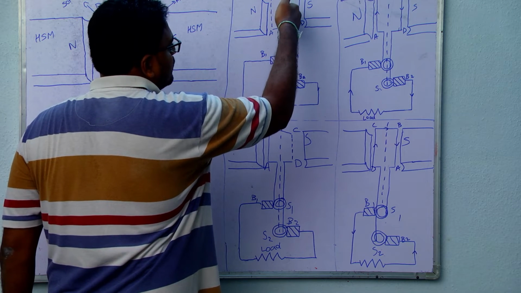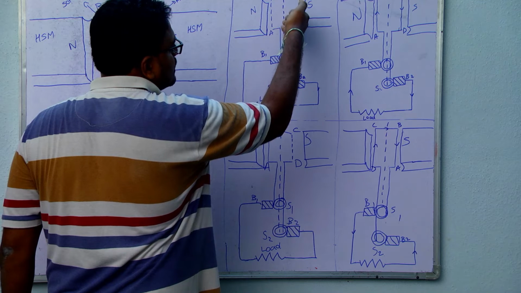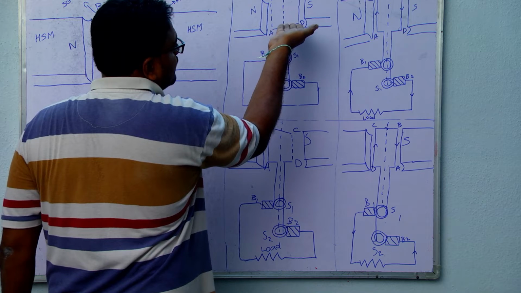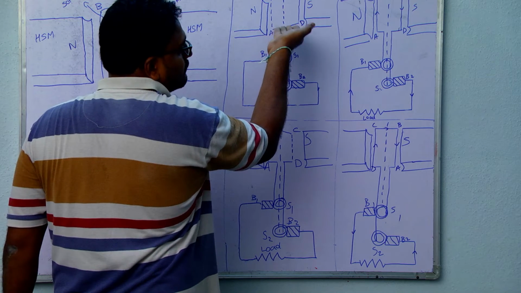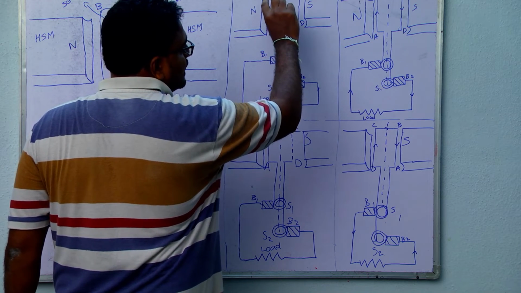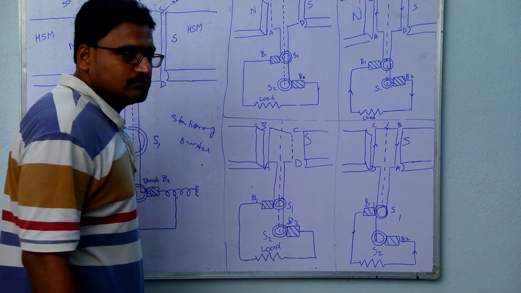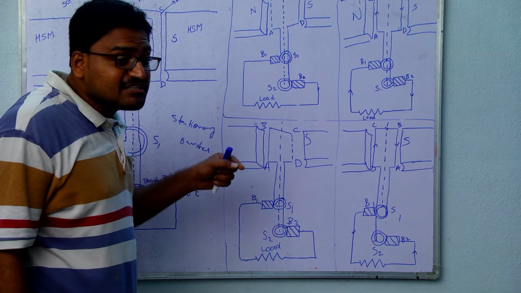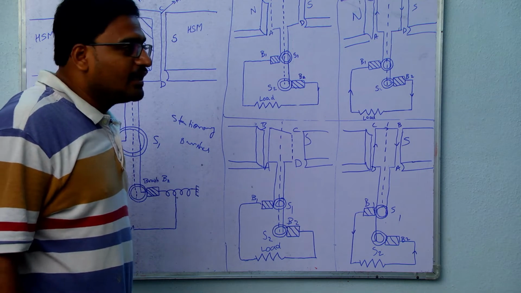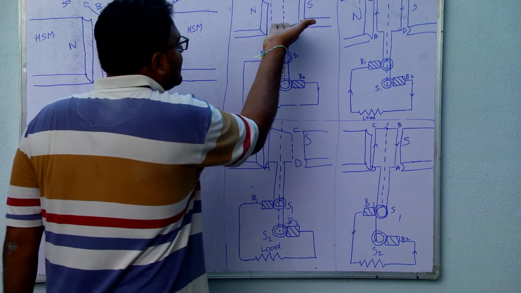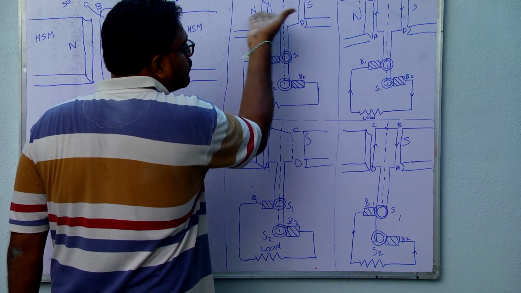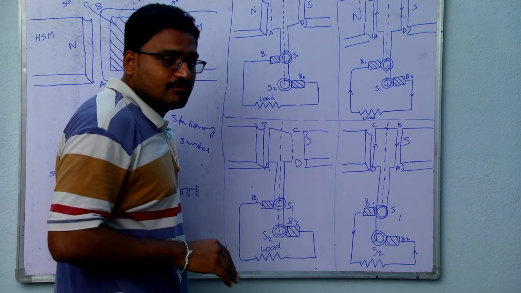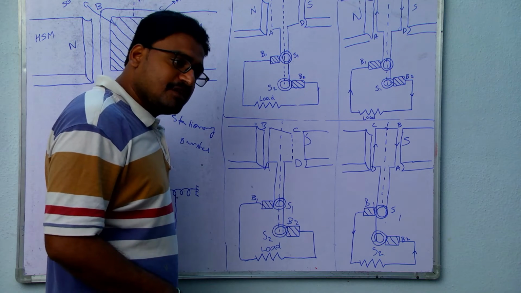Initially there is the maximum number of field lines crossing, and the field lines crossing are reducing as I am rotating clockwise. When the coil is parallel to the field lines, the crossing becomes zero, so the flux is initially maximum and it becomes zero. So the flux linked with the coil is decreasing, but the change in flux is maximum. Even though the flux is decreasing, when the coil is parallel to the field, the change in flux is maximum. Flux is zero, change in flux is maximum.